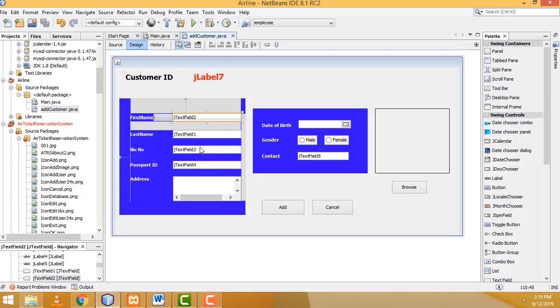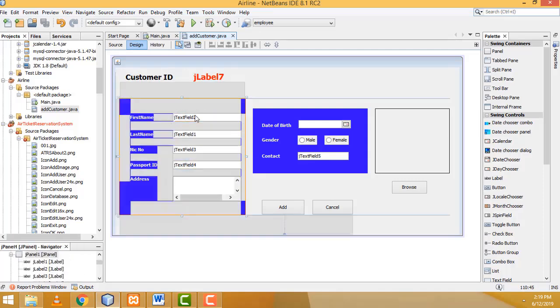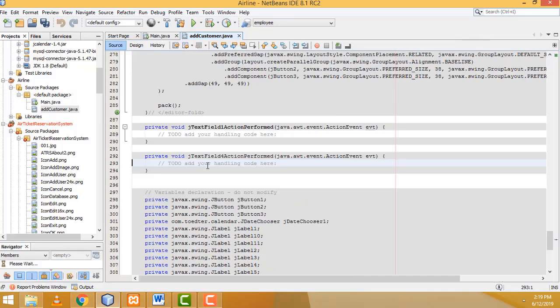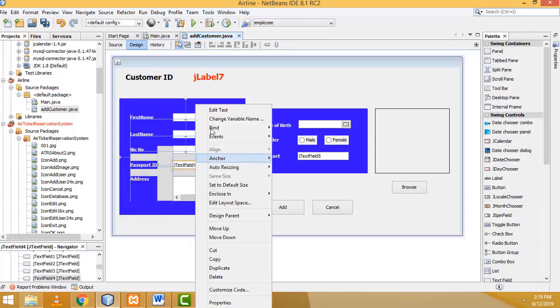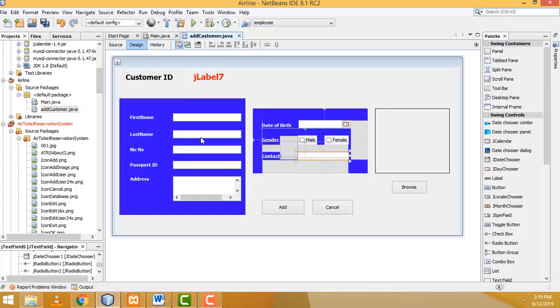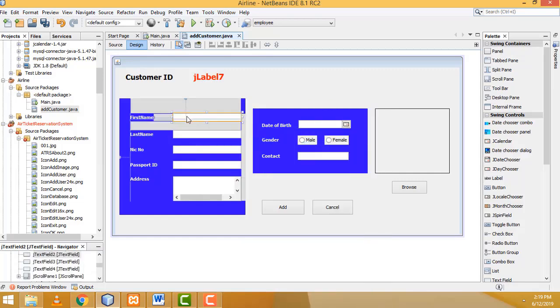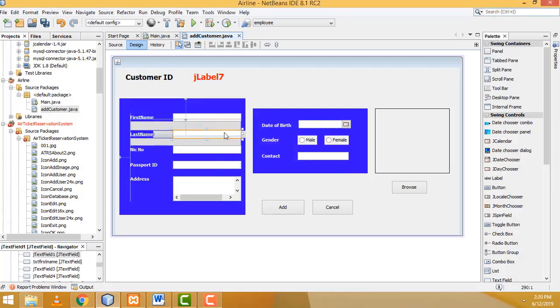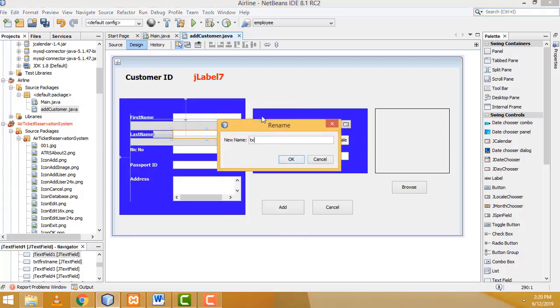Now here I'm going to this column, we have to select this one and edit text, backspace to remove all the things, right? This one you have to remove it. Right here, select this text field, change the variable name, the first one should be txt first name, click OK. This one should be txt last name,